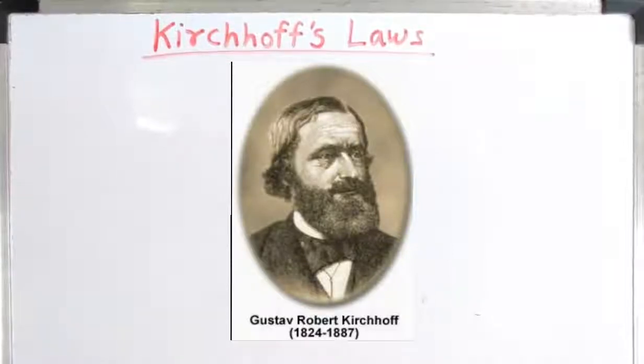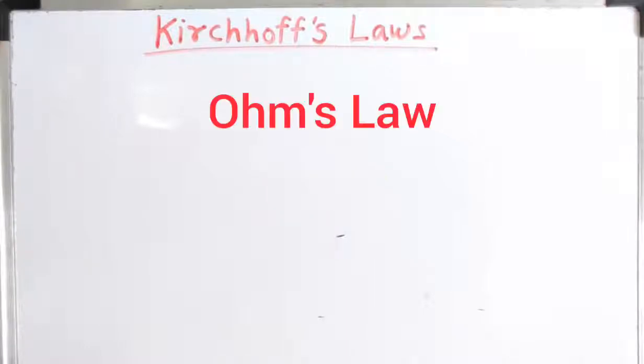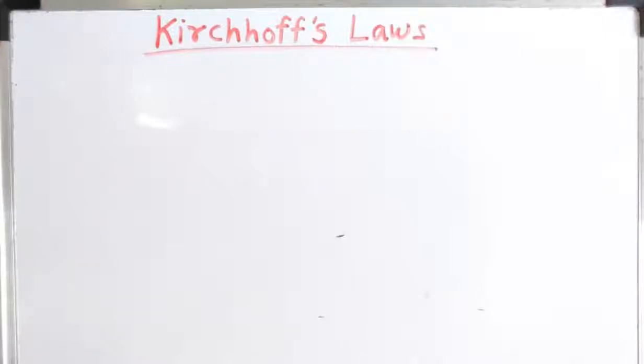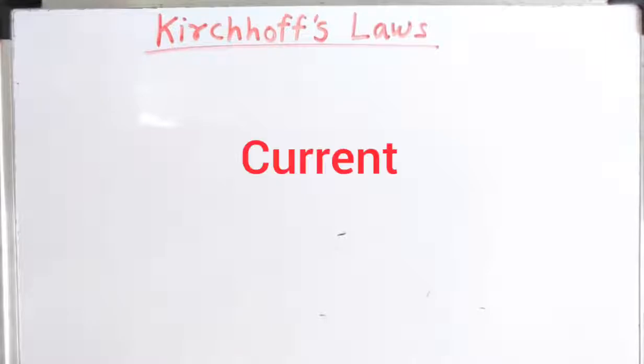In this video, we are going to study Kirchhoff's laws for electrical circuits. In the current electricity chapter, we have studied electric current, which is nothing but the rate of flow of charge per unit time, as well as Ohm's law, applications of Ohm's law, series and parallel combination of resistances, and the application of Ohm's law to a complete circuit, by using which we are able to find the values of current flowing through the circuit or potential difference across the resistance.